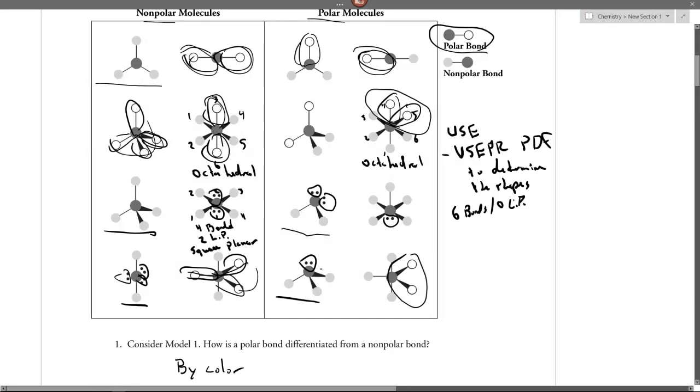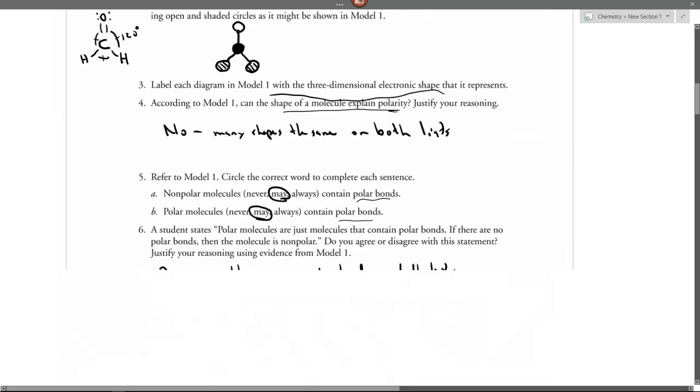Let's see, this is on one side. These are on one side. This is on one side. These are on both sides, or all sides, for those. So let's go back to